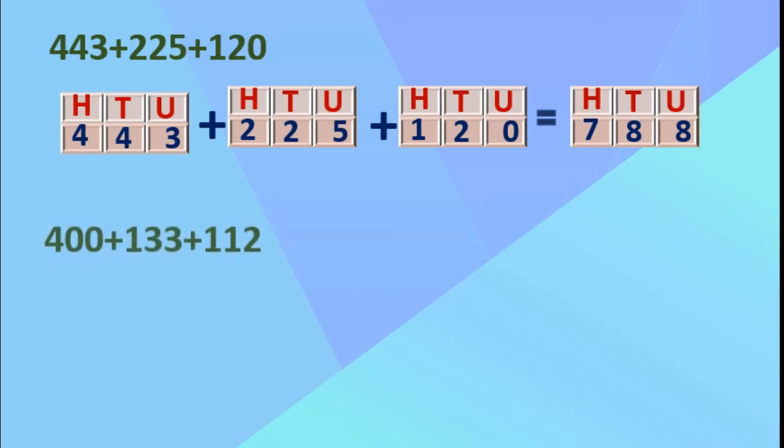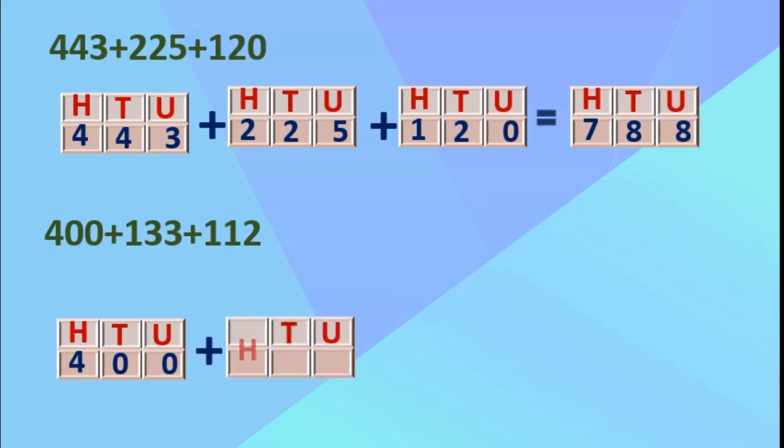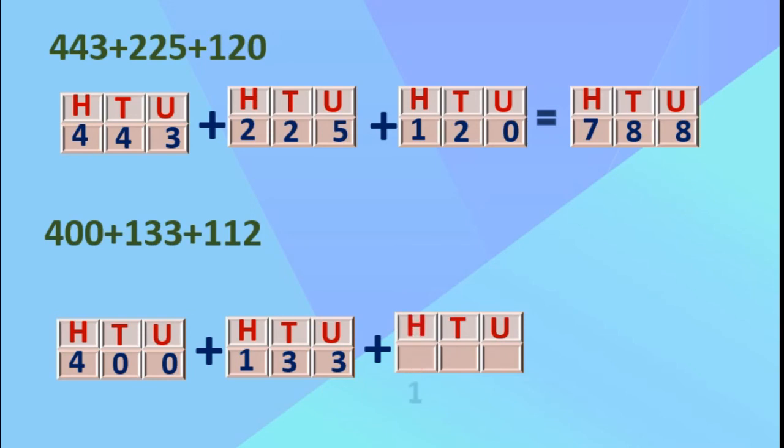Got this, students? One more sum is there. Again we will make table. We will write the places. We will write the number. Second table. We will write places. And now we'll write number. Third table. Places we will write. And number we will write. Okay, now we will find out the answer.